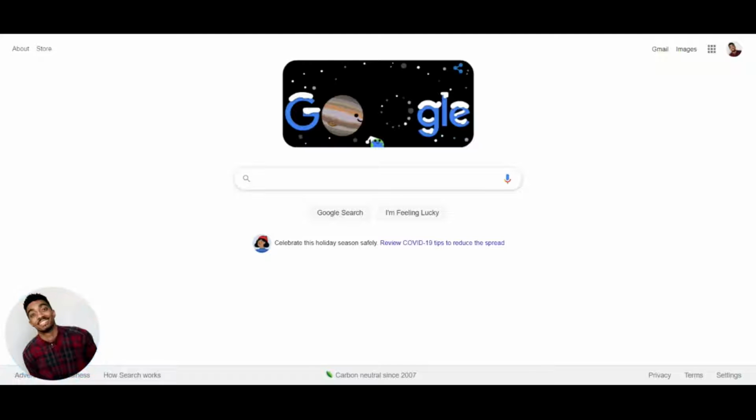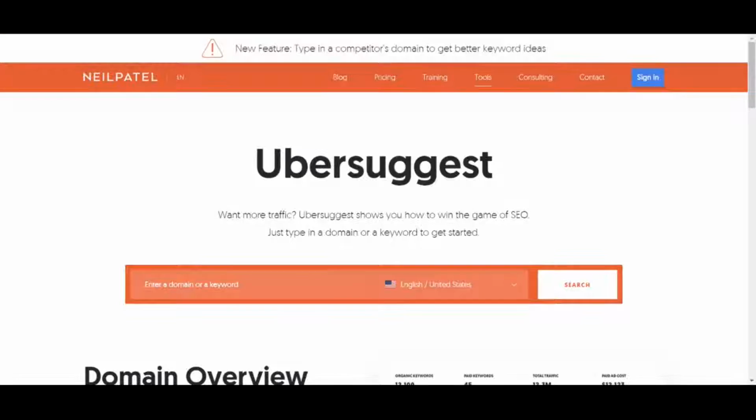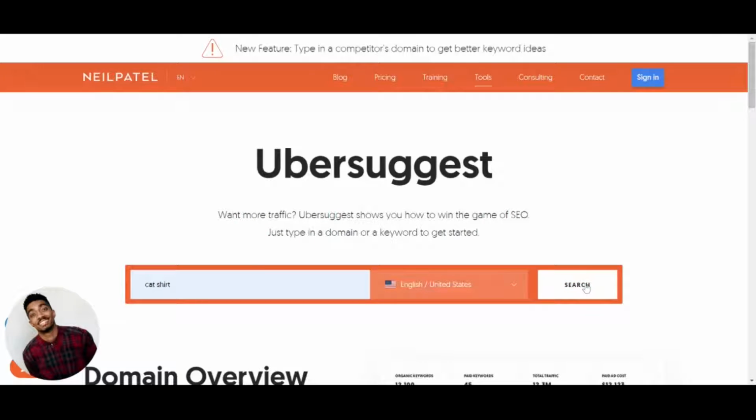So the first thing that we're going to do is open up our web browser. We want to go to a website called ubersuggest.com. When we open up this website, just bear in mind, this is a keyword search website, so this is quintessential to our research process. We want to search for the type of shirt that we want to create, so we want to have a niche. A niche, for example, is like if someone says, I like fitness, they like cycling. I like fitness, but I like yoga. I'm going to talk about pets in my shirt, so I'm going to type cat shirt.